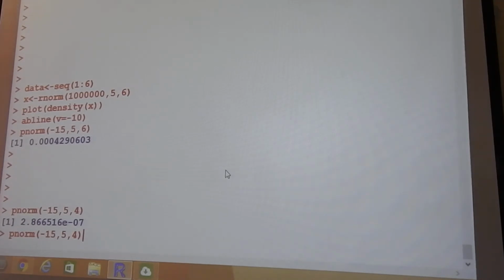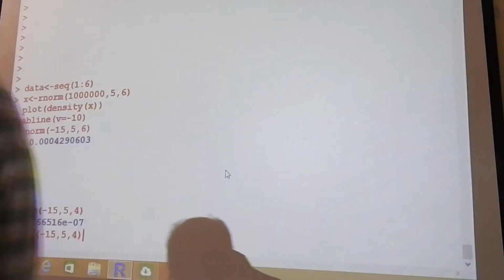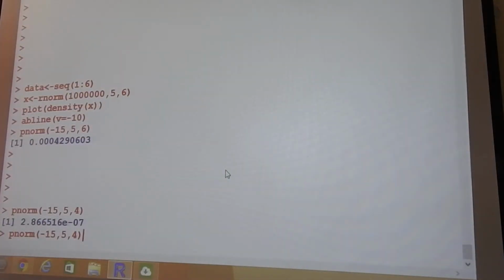the spread of this curve declined. So the area to the left of minus 15 also declined, right? If I increase the spread of this distribution, suppose I were to increase it instead from 16 to say 20,